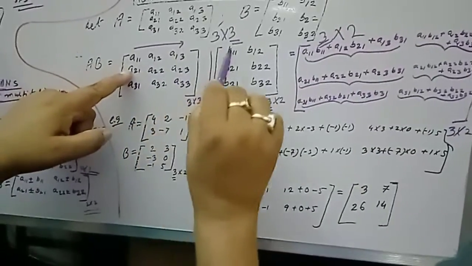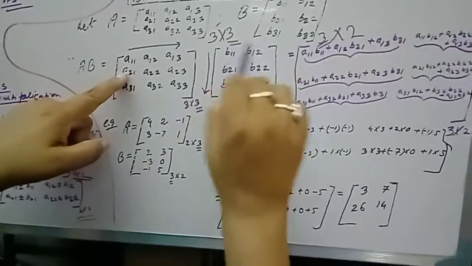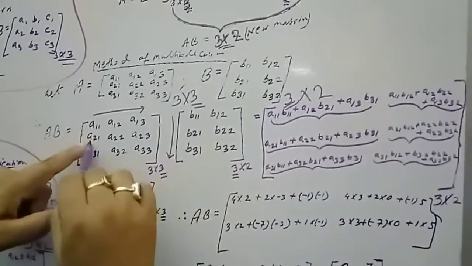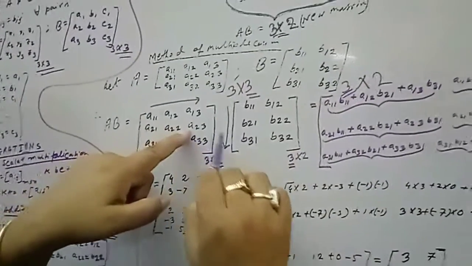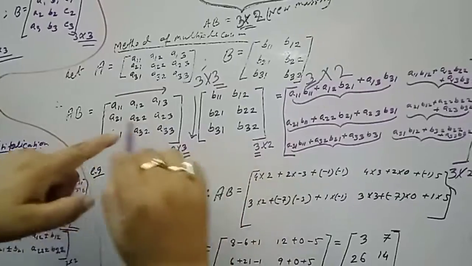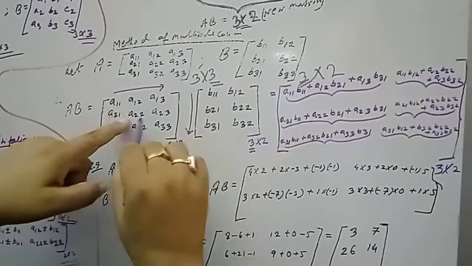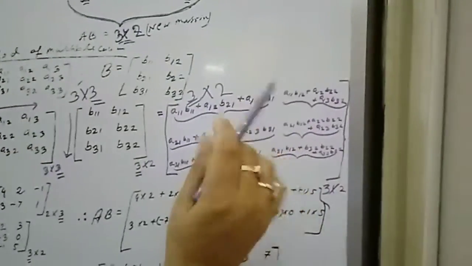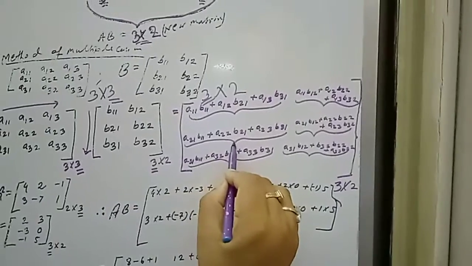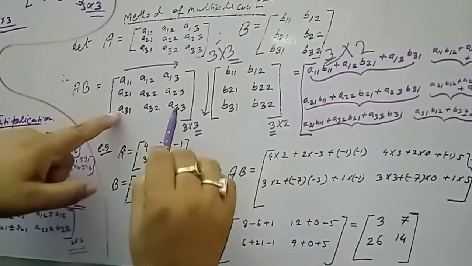Each element will be multiplied to each element in the B. That means B matrix first column. A21, B11, A22, B21, A23, B31. Okay, next second row, second column. A21, B12, A22, B22, A23, B32. Done. So this is coming second row, first column element as a whole, and this is coming second row, second column element. Next is third row remaining.